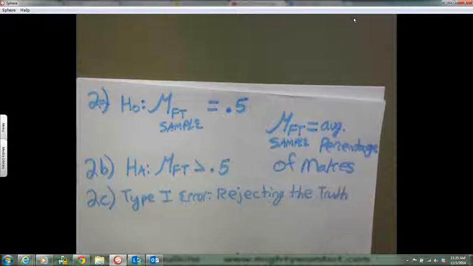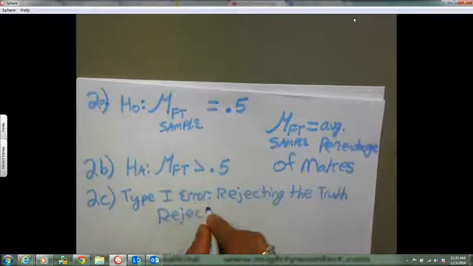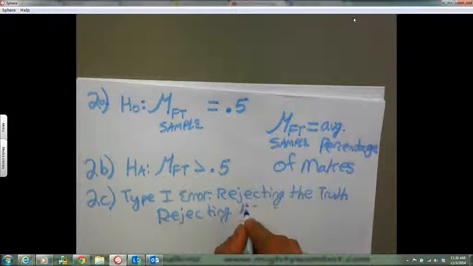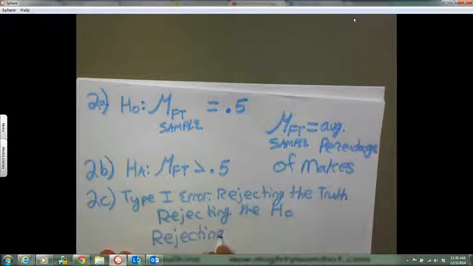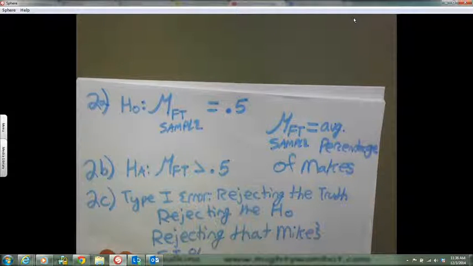In more statistical terms, it is rejecting the null hypothesis. And in the context of this problem, type 1 error is rejecting that Mike's free throw percentage is equal to 50%,